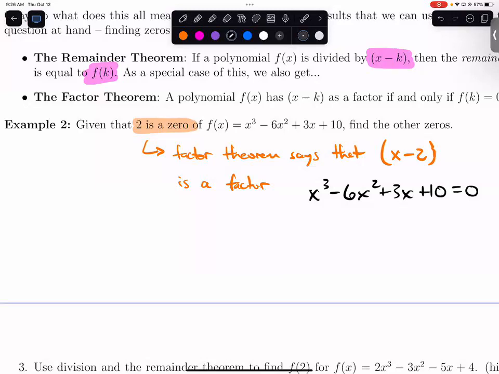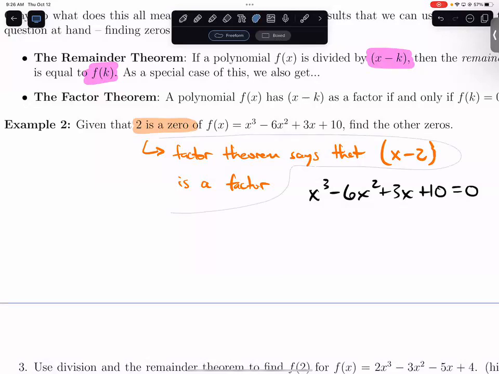No, because even if I pair these up, I can get something to take out of here, but 3x and 10, those don't have anything in common. So I'm not going to be able to make factoring by grouping work. And that's it really, right? That's the end of the list. So nothing we know gives us a way to solve that,